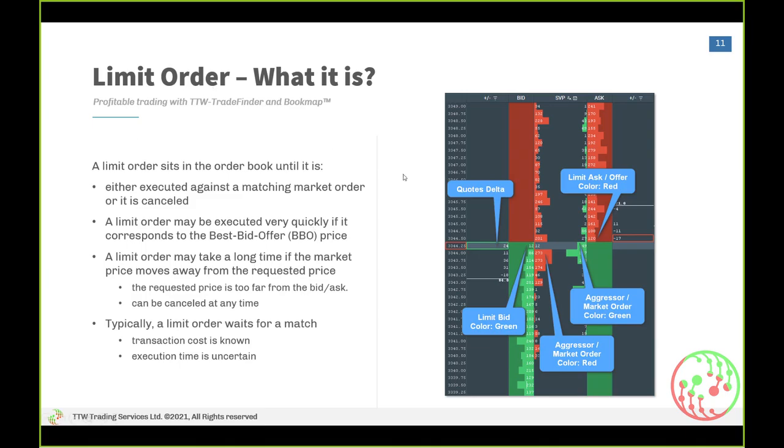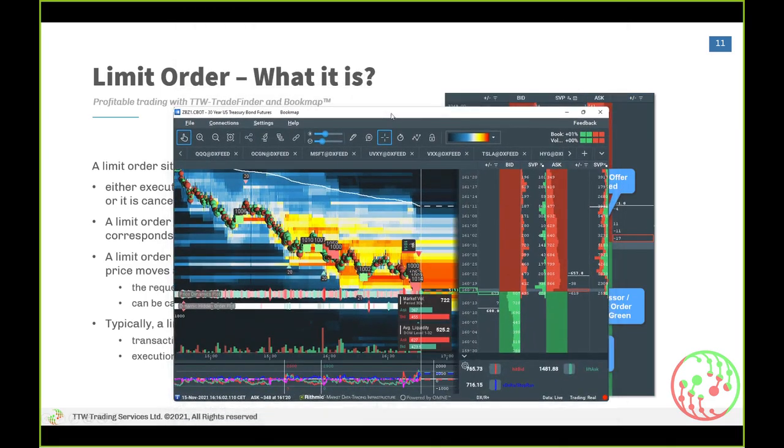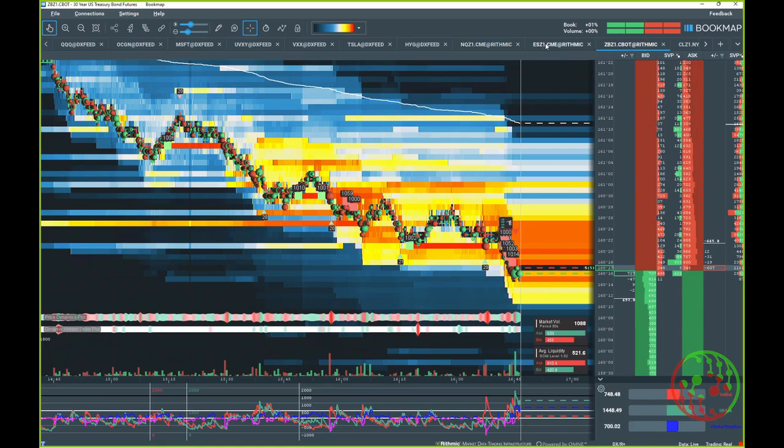Limit order, what is it? I think a limit order is an order on the limit side. I have a question. Yes. The column in the middle, the SVP, it always confuses me. Is it just the historical market data, the historical trades that have been made, right?